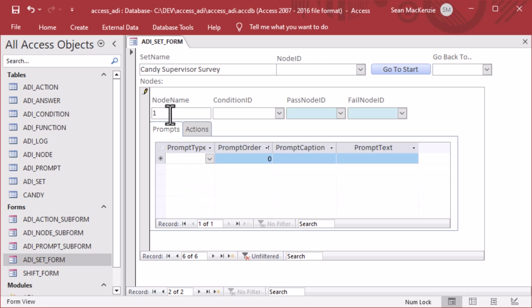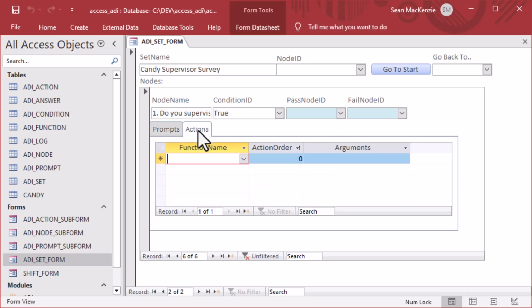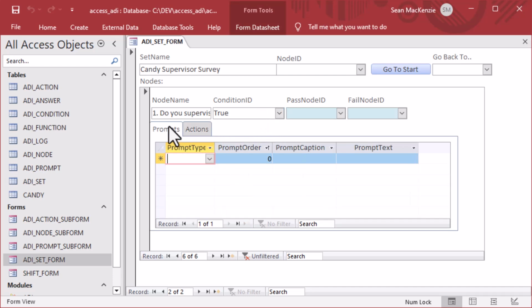Okay, so taking a look at our first question that we had there, that was question number 1, which is, do you supervise the production of candy, I think it was, or something like that. And so what we're going to do for this question, I'm going to make this very simple today. We're just going to say true on this one. So what this node is going to do is it's only going to go down the true branch, and that means that it's going to check for prompts and actions. And indeed on this node we do want to make a prompt. We want to ask that yes no question that was in the survey there, so we'll choose yes no for